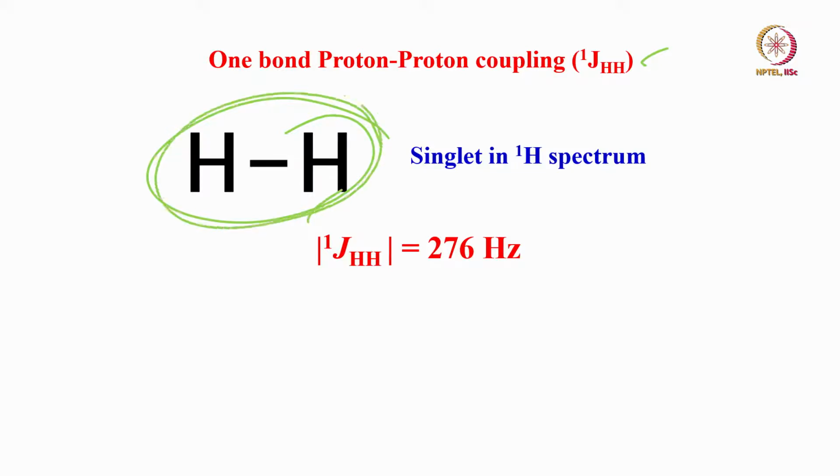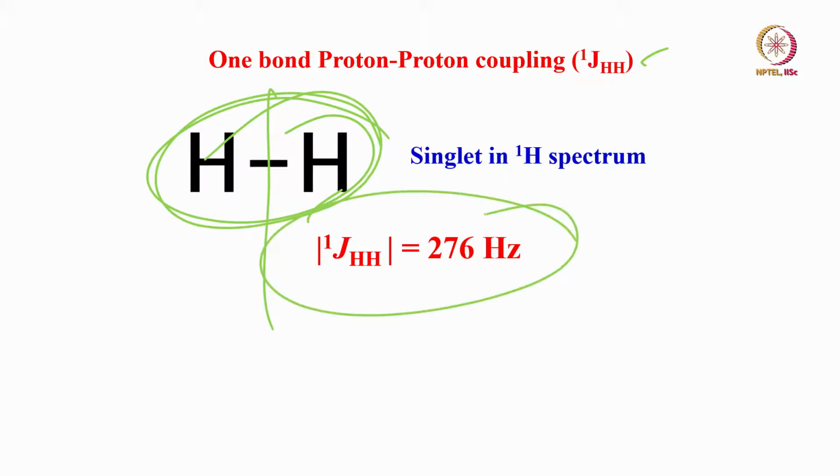This is the hydrogen molecule. Two protons are coupled to each other, but they are chemically equivalent. In principle you should not see the coupling, because, as I said, there is an exception to the 2nI+1 rule. But nevertheless there is a way we can find out by using deuterium substitution etc., which I do not want to discuss now.